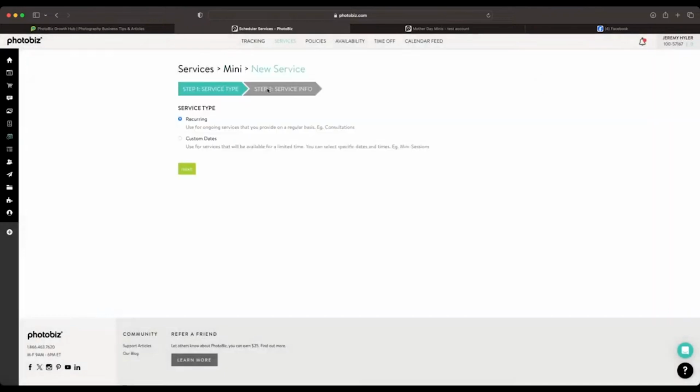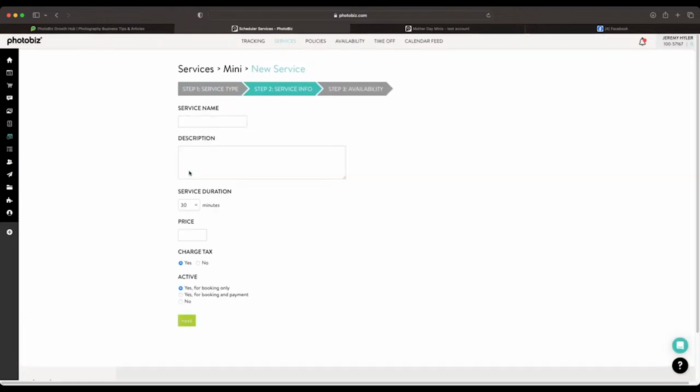And we're going to create a new one. So you can do a custom date or recurring. For mini sessions, you're going to want to create a custom date one. And the reason why is it's built specifically to be only in that time frame. So it won't be a daily schedule like if you're setting up your full scheduler. So we're just going to call it Mother's